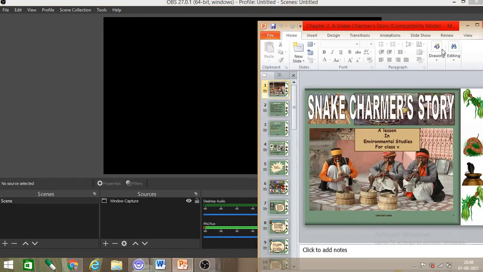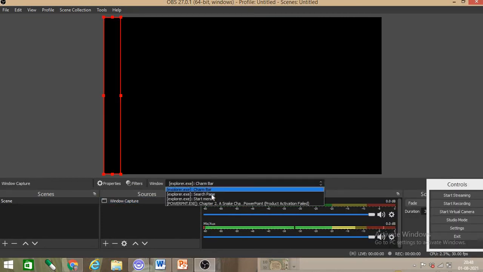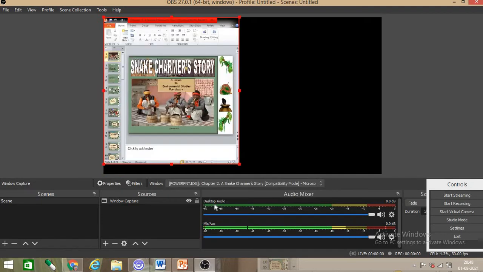It is opening in the background. So go to plus, then you have to select the PowerPoint. Here you can see search, start menu, but you have to select the PowerPoint presentation. Click on this. See here, now the screen is visible here.